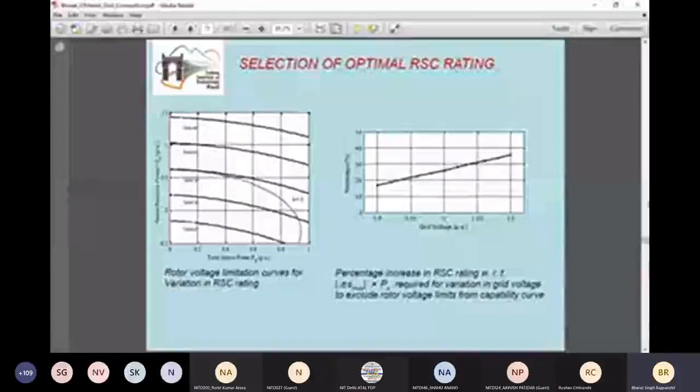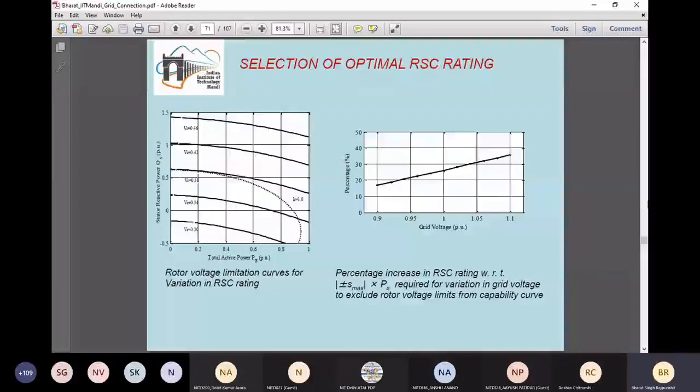Now in this slide you can see different limits of the rotor voltage, and the current limit is shown by the dotted line in the left hand side figure. So slowly what we have done, we are able to see that if the rotor voltage rating of the winding is increased by 30% to 38%, then suddenly a current limit of the rotor side is coming into the picture rather than the rotor voltage, and hence we can see that if the rotor winding